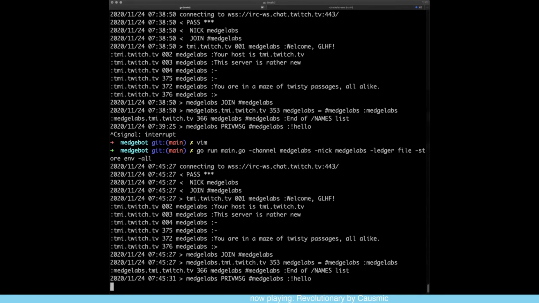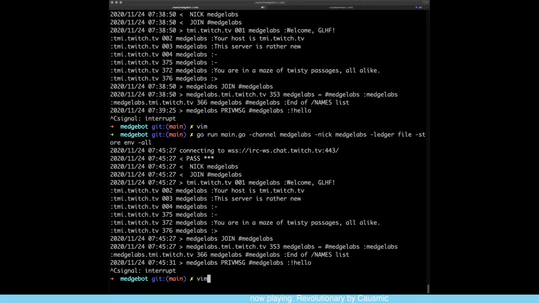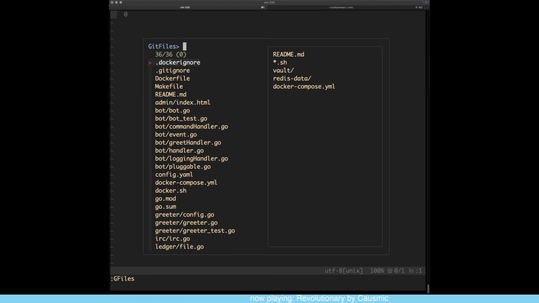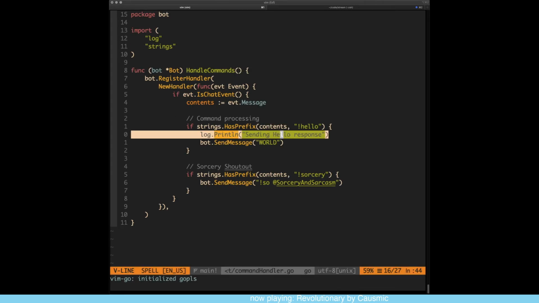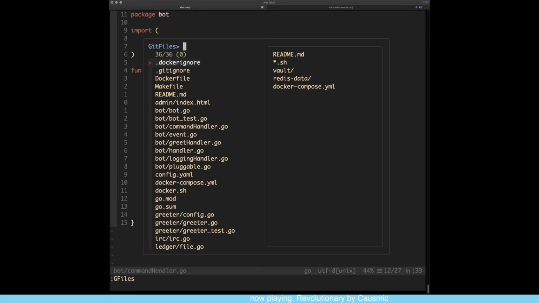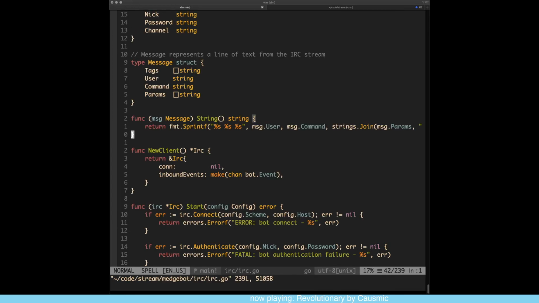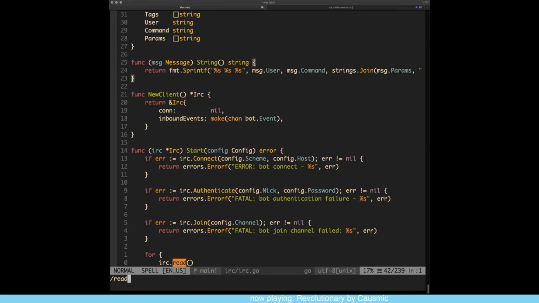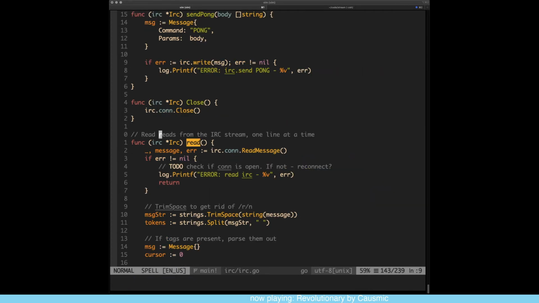Okay, I thought so. What more or less didn't happen there is I was expecting that log that we just plopped into the command handler to show "sending hello response," but I didn't get it. Which means that this part is potentially borked, which I think comes back to this that I saw before,